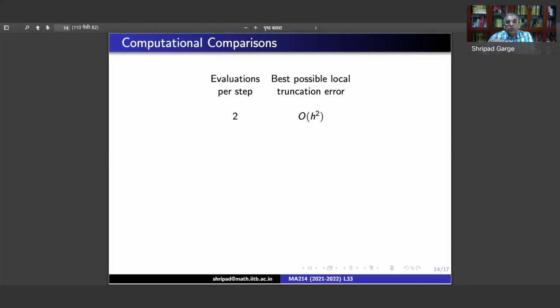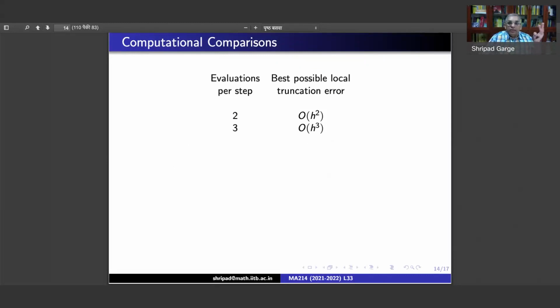Okay, so there are actually two. We have the midpoint method and we have the modified Euler method. Both of them have the local truncation error to be big O of h square. Then Heinrichs method says that when you are allowed to have 3 evaluations per step, then there is a method whose local truncation error is big O of h cube, and it cannot do more than that because you cannot